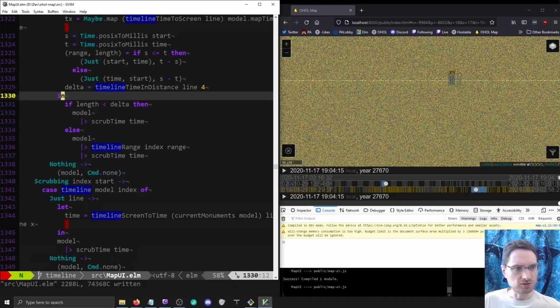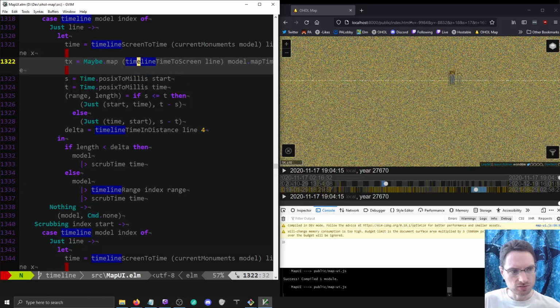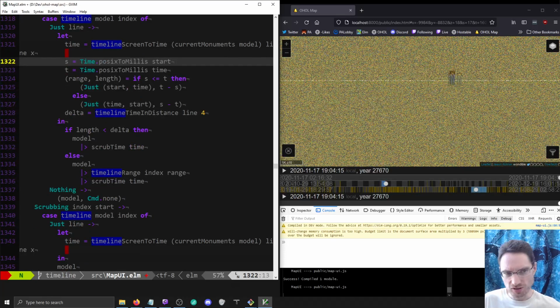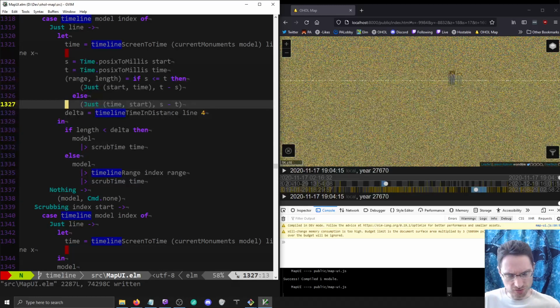Oh, well, we don't need this. I don't think we need that function at all, actually. But a bunch of stuff like this is what we're going to need: if we release